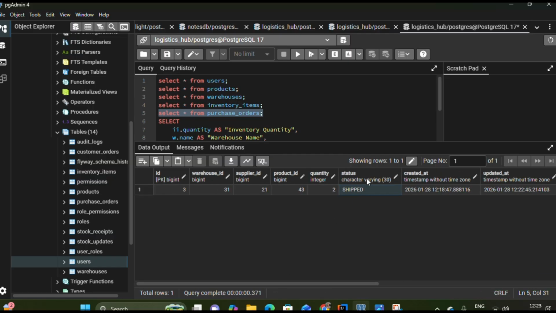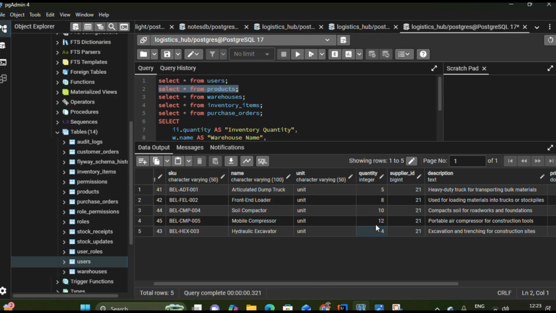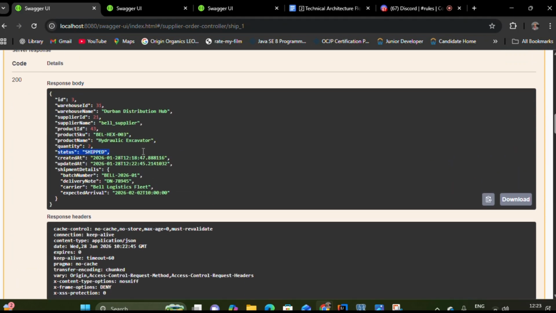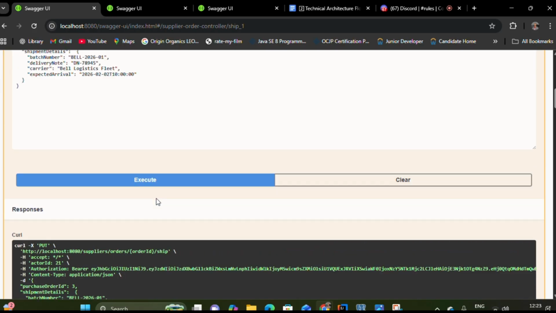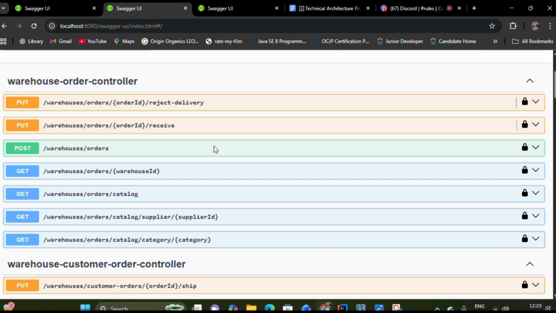Notice that as soon as the supplier ships the product, the quantity of that specific product decreases. I didn't show before, but now it is 4. At first it was 6, because I added that functionality within that ship method to decrease the quantity when it's shipped. So now that product is being sent to the warehouse manager,